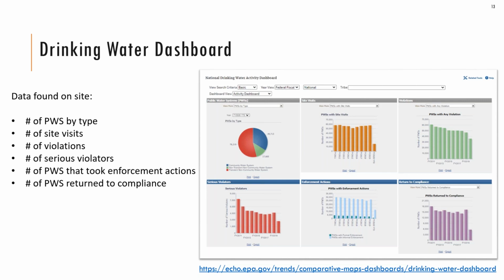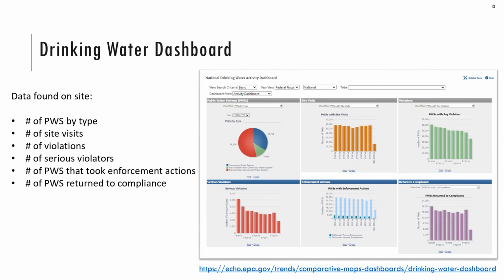So for example, for the public water systems with any violations, you can search for specific violations like monitoring and reporting violations, health-based violations. Then once you populate the graph, the bar graph or a pie chart, you can click on each of those graphs, which will pull up an immense list of systems which apply to, for example, the violations that were incurred. And from that list, there is also a link that you can click to find the report, which provides facility information along with compliance monitoring history and violation history.